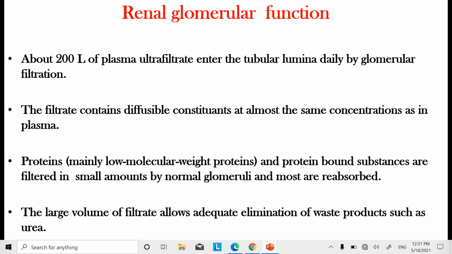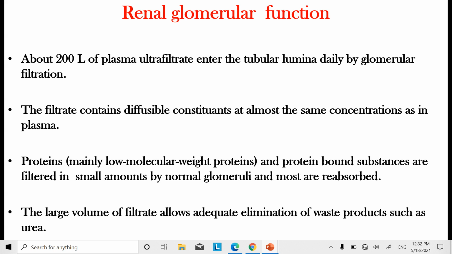The glomeruli is the first part of the kidney, and it acts as a sieve or a filter that allows the passage of substance to the renal tubule. About 200 liters of plasma will enter into the lumen daily, and it contains the same concentration as the concentration of the substance that is found in the circulation,